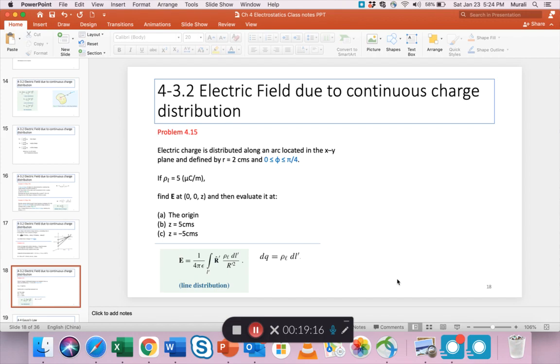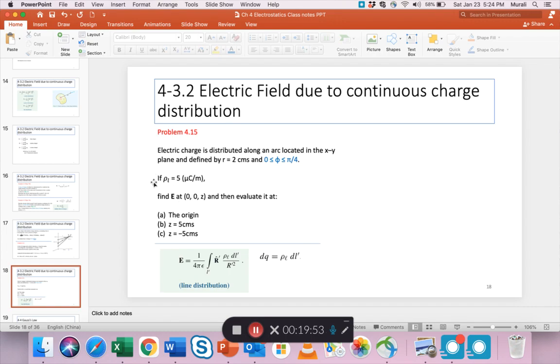Let's look at problem 415 on slide 18. Here, the electric charge is distributed along an arc located in the xy plane. So it's still a line charge, that's why you see rho L. And it's defined by r equals 2 centimeters and phi is between 0 and 45 degrees. So it's a part of an arc. It's not a full circle, but a part of a circle called an arc that only goes 45 degrees. So that is given,